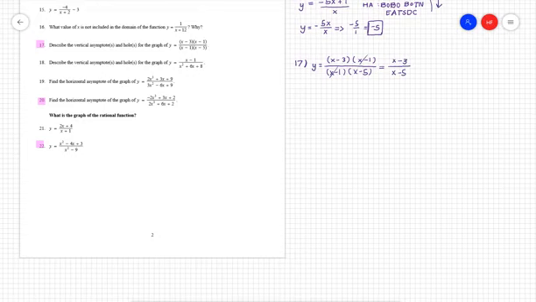Vertical asymptote we get from where the denominator equals 0. Holes we get from whatever crossed out equal to 0,